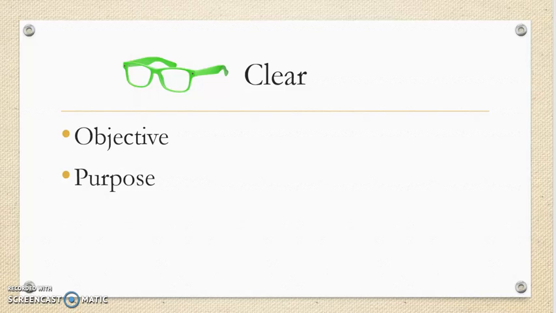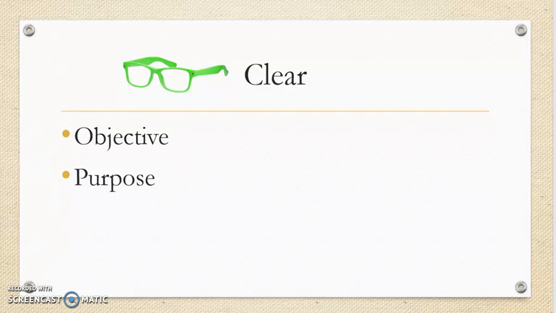We want to have a clear objective so that students know exactly what it is that they are responsible for learning. When you start that mini lesson time, you always want to start with an objective or a statement of mathematicians so that students know when the mini lesson is over today, I know what I was responsible for taking away. Also, having a clear objective allows for you as the teacher to monitor that learning path.